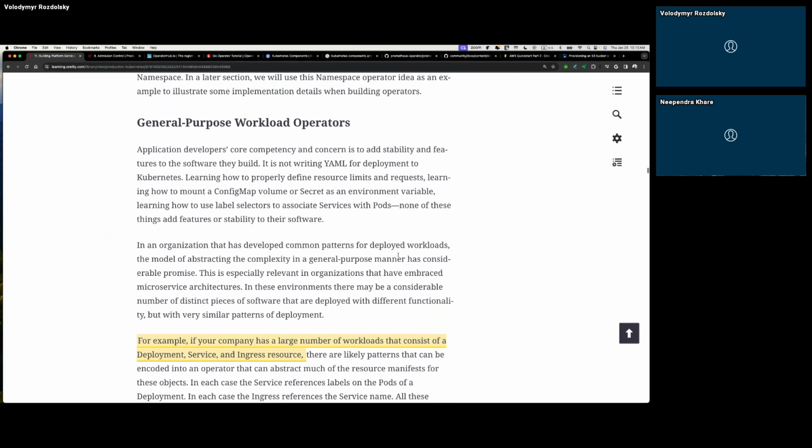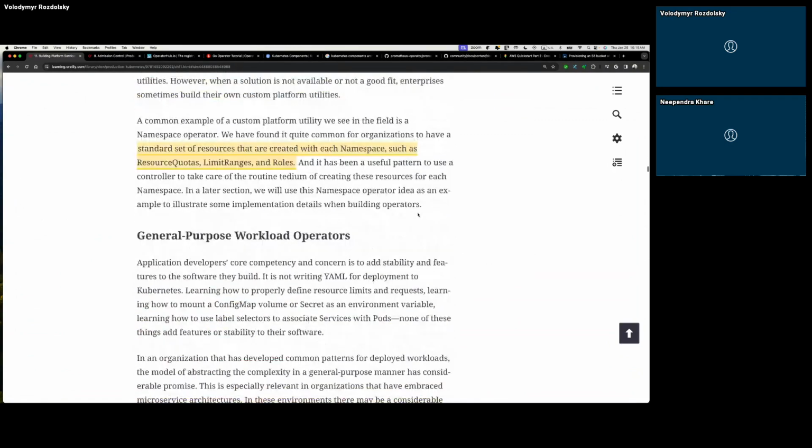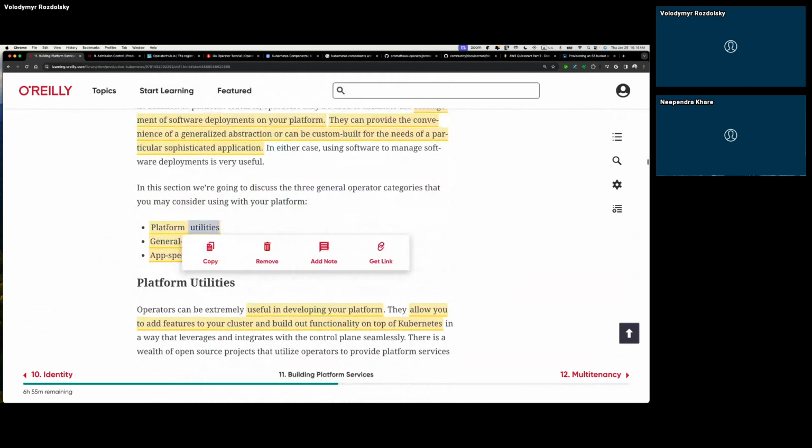You can develop this type of operator inside your organization, so when somebody creates a namespace, it's already created with a provided quota and the user that can access that namespace. That would be in the platform utilities category, as I understand.